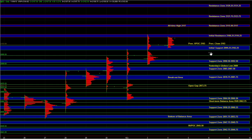So at this point, heading into the open, we know that the market is in a very balanced state on the smaller time frames, and it's very likely to break one way or the other. Now, the larger time frame bias continues to be bullish, and that would remain bullish even if we broke below the overnight low. That is a big picture idea, and that market structure is not really going to be impacted